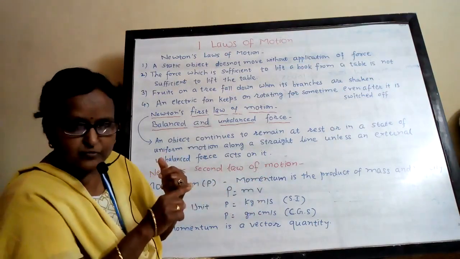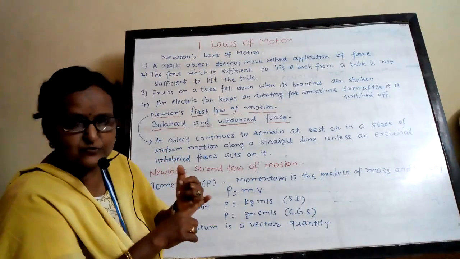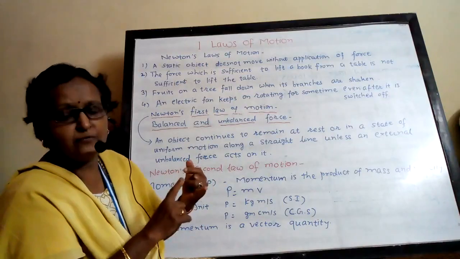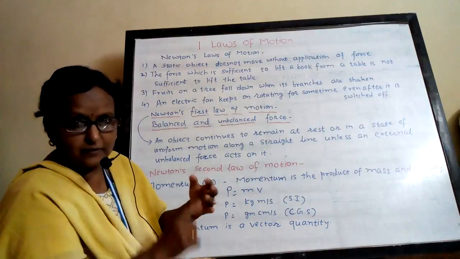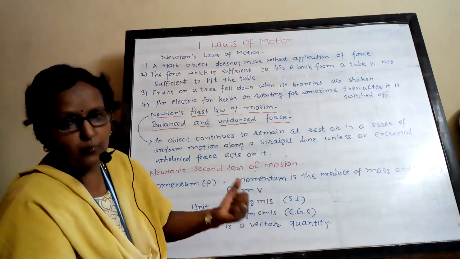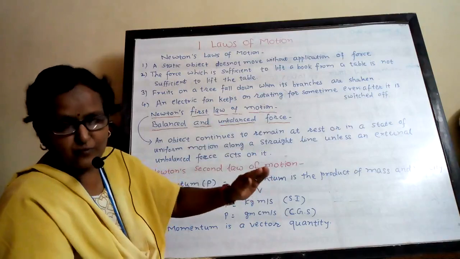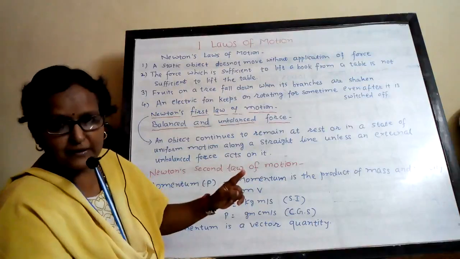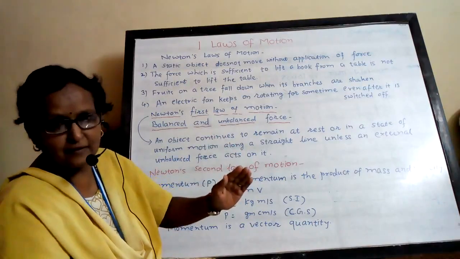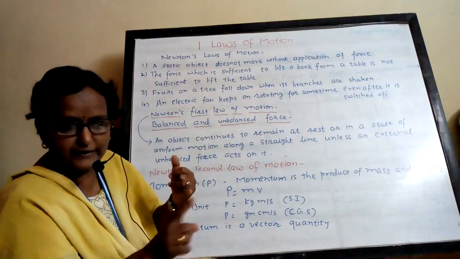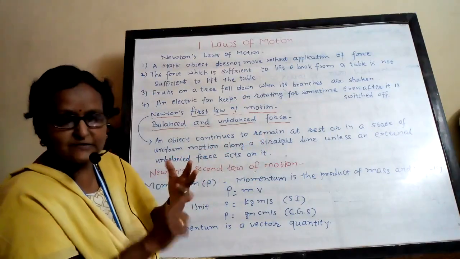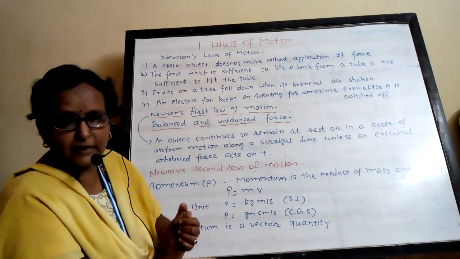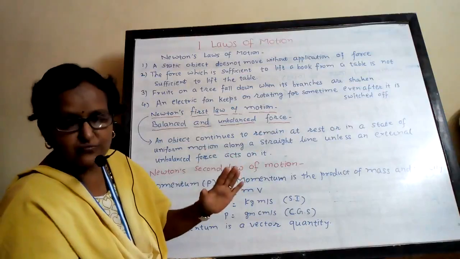If you are applying force to the plastic ball, the thermocol ball, the cork ball, or a stone having mass equal to that of the cork ball, you are giving motion to it, meaning it has got some velocity. Then the effect of the force applied will be different. For the cork ball it is different, for the stone it is different, for the plastic ball and the thermocol ball it is different. Why is it different? Can you tell me? It depends on the mass of that object.